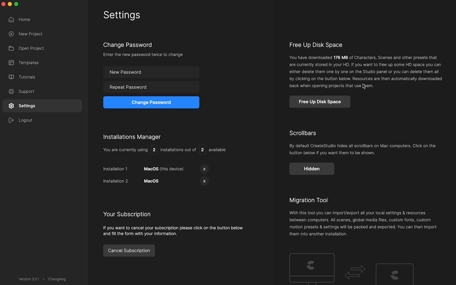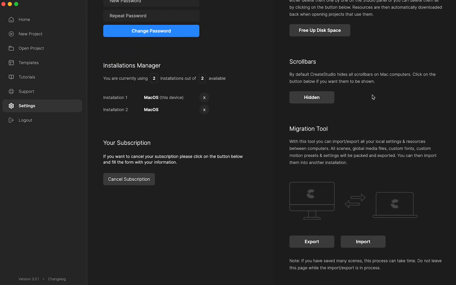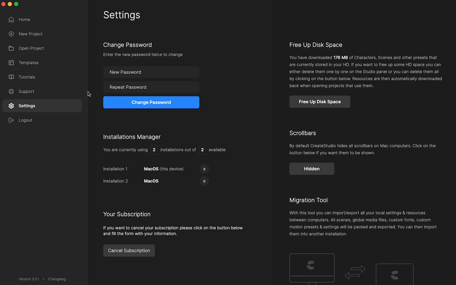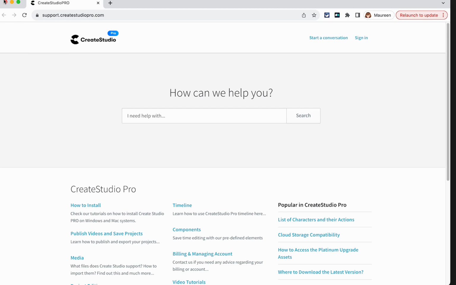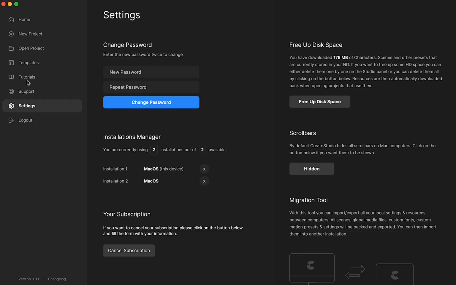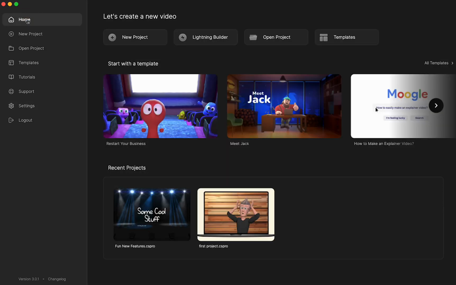So remember, it's just like CreateStudio Pro. You can change a password, see where you're logged in, and how many installations you're using. You can free up disk space, and use the migration tool so you can bring in all your scenes from CreateStudio Pro. You can find the support link, tutorials, templates, all of that. But let me go here,